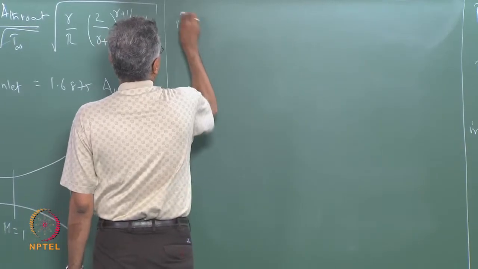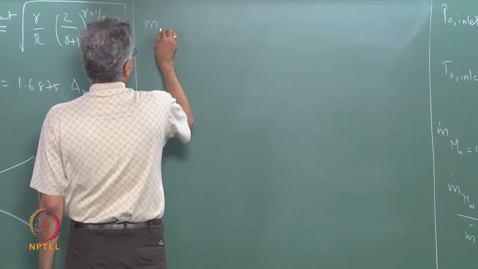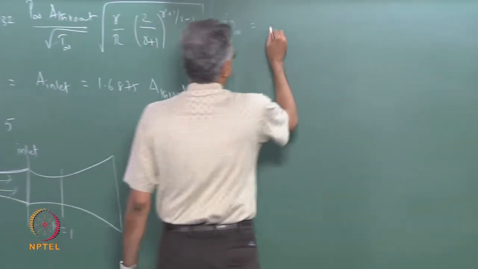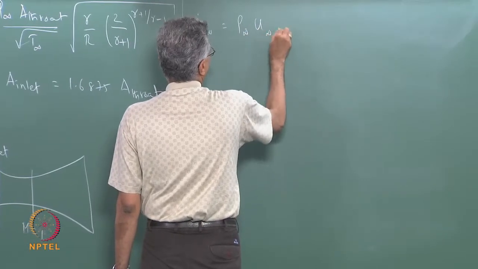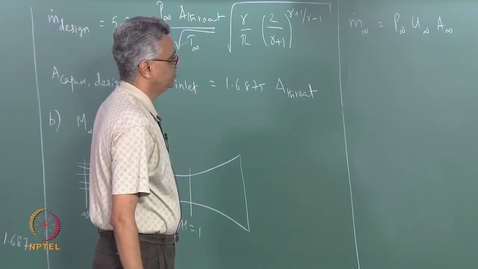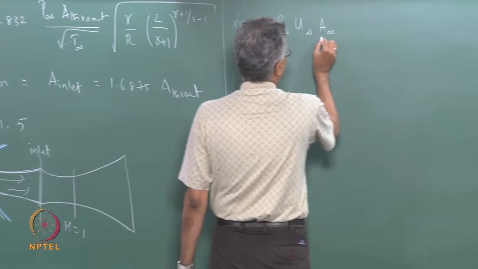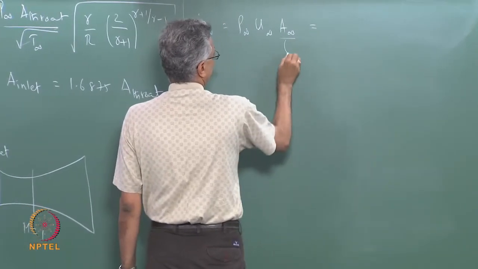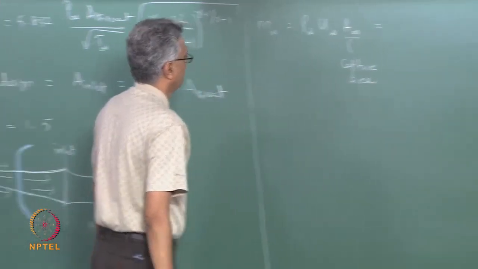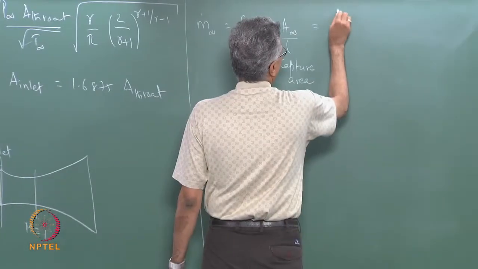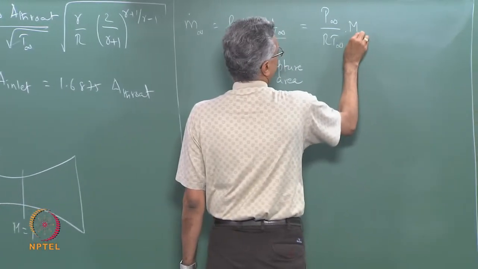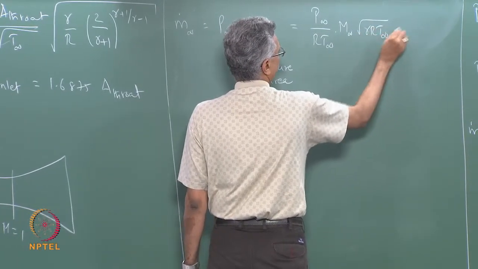So, we equate the mass flow rate. The mass flow rate that passes through the section labeled infinity is going to be nothing but rho infinity u infinity times A infinity, where A infinity is the capture area, right. So, this is the capture area that we are going to calculate. So, if I rewrite rho infinity as P infinity over R times T infinity, and u infinity as M infinity times square root of gamma R T infinity,